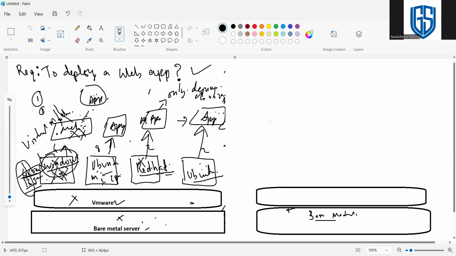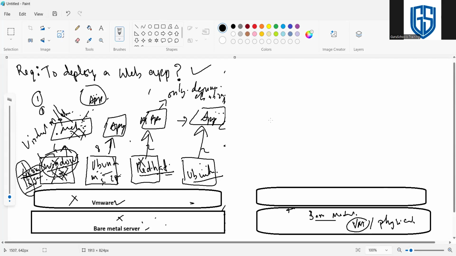This bare metal may be a VM. In the cloud environment, we can call it a virtual machine, VM, or physical machine. Virtual machine in the cloud sense, because in the cloud we call that machine a virtual machine, not like this virtual machine. We can do the same thing in our home lab or in a physical environment as well.